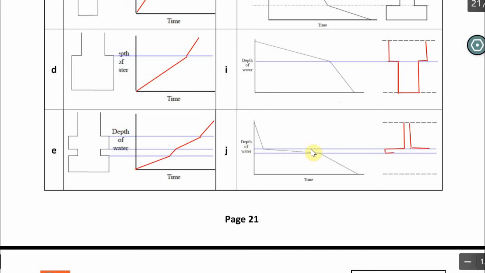And then it drains faster again, but not as fast as the first bit. So it is wide, it's thinner than the bit we've just done, but not as thin as the top. Okay, so again, never seen a glass like this, but there we go. Hope that made sense, and it's going to lead on to the